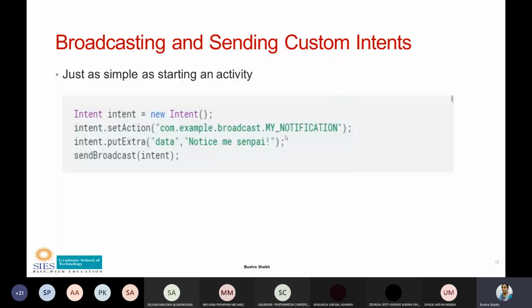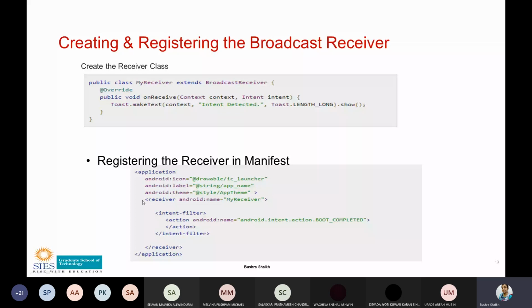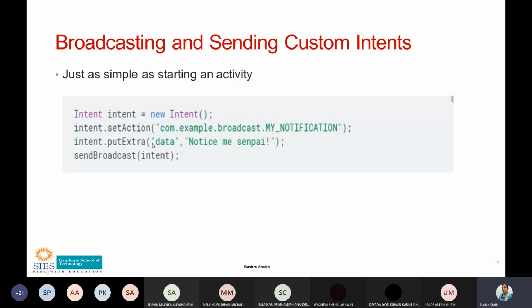First of all I send it, and then in onReceive I will be receiving it, and along with that it carries some data also. Okay, and with this action and data, it is now going to launch the broadcast receiver, which will run through this onReceive method and execute whatever is written inside the onReceive method in the receiver class. Okay, so once the intent is used, you have launched, or you can say started, the broadcast receiver, and you have also sent your custom intent along with whatever data you want. And as I said,